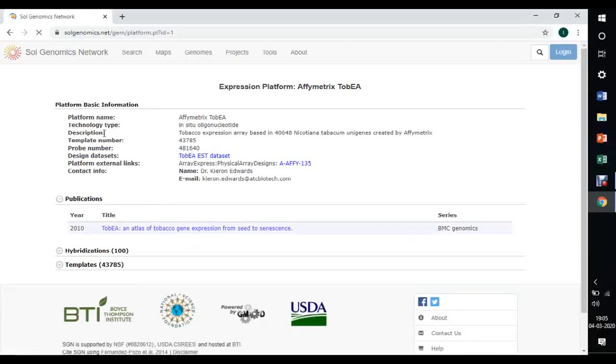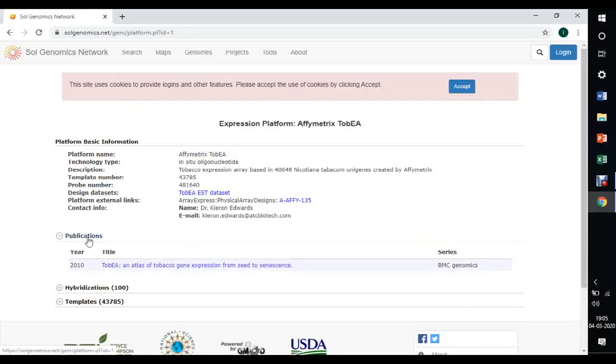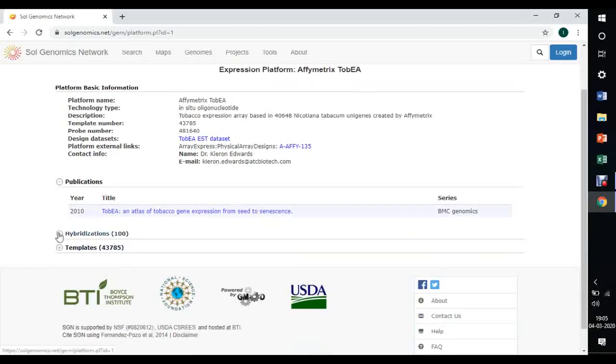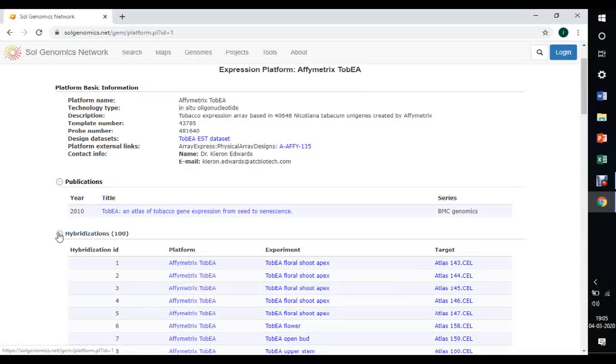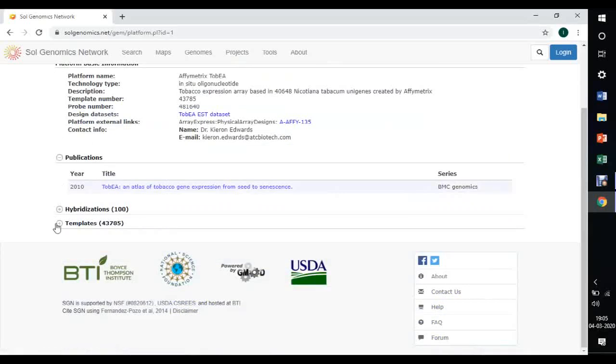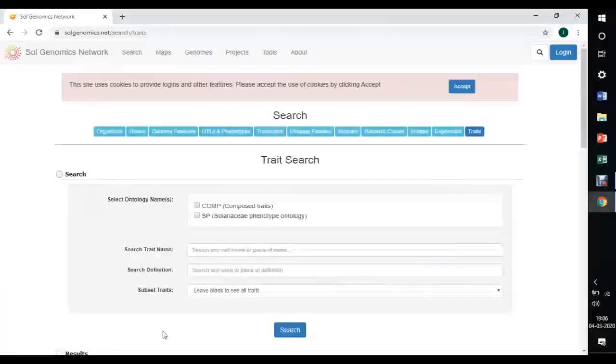You will find more details like technology type, description, template number, design datasets, platform external links, and publications of that platform, hybridization details, and number of templates developed using that platform. You can see 43,705.